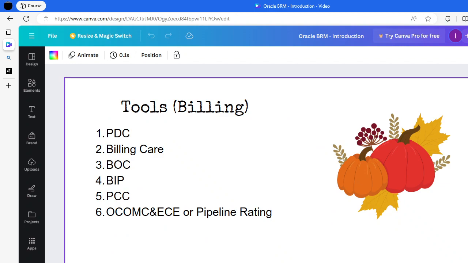Next part is the tools, like we discussed before. There are so many tools built around BRM, and those are called PDC, Billing Care, BOC, BIP, PCC, and the batch rating. So PDC stands for Pricing Design Center, and as we discussed earlier,